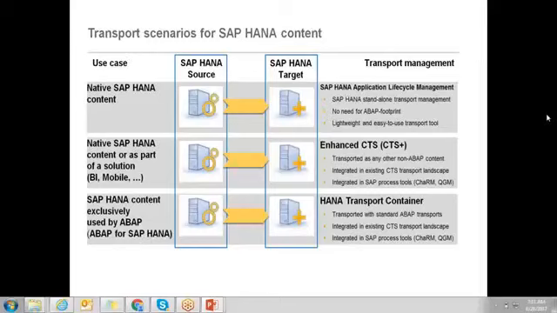And coming to HANA ABAP related concepts, there is a concept called HTC, HANA Transport Container. We will assign the delivery unit with the HTC transport request. Using the HANA transport container, we can transport from development to quality, quality to production.